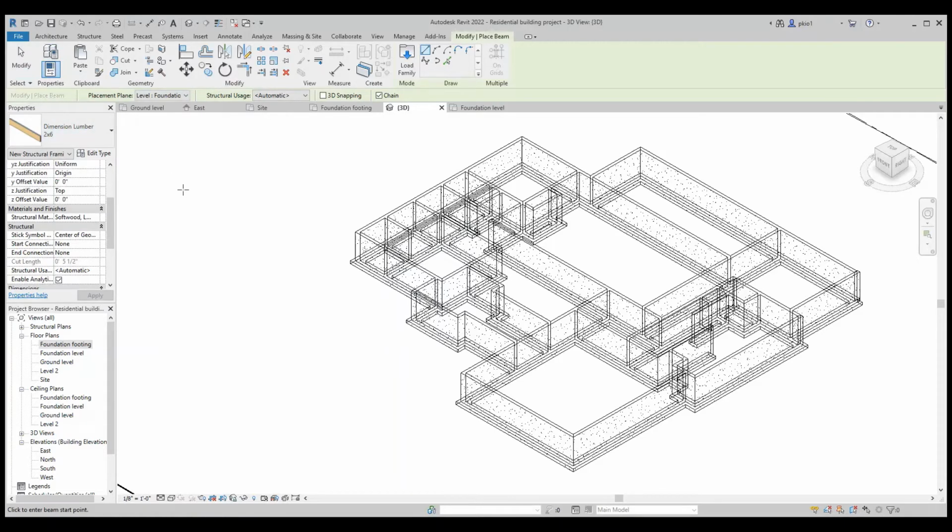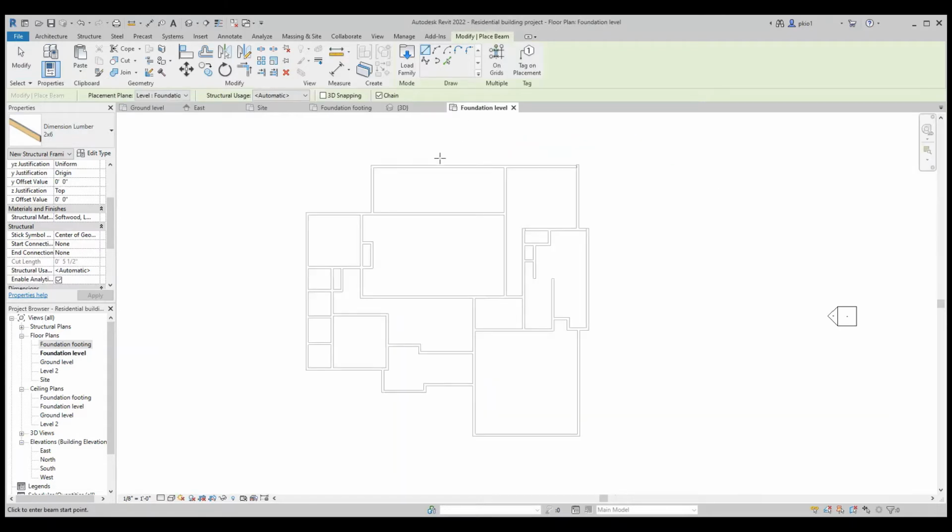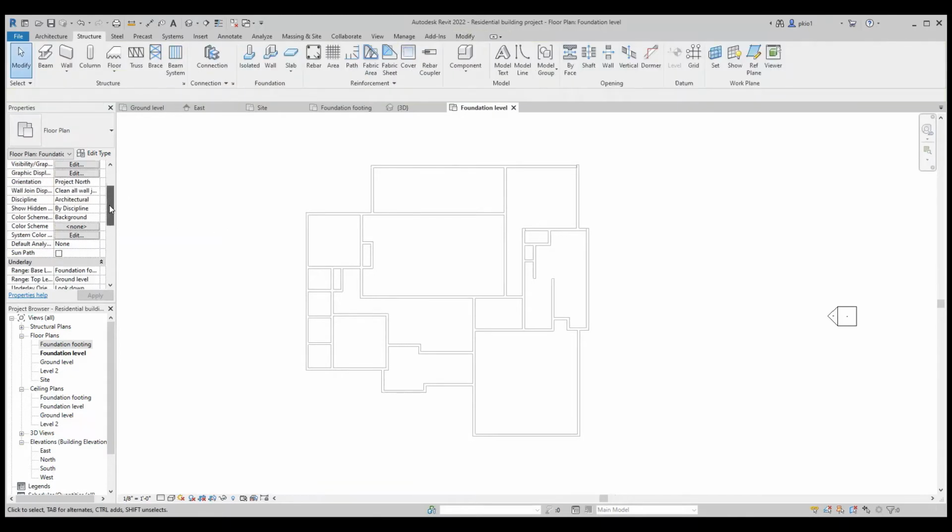2x6. Then we go to the view where we have the top of the foundation wall, which is the foundation level. If you cannot see your plans at the foundation level, I'm gonna escape from here, go to the project browser underlay.